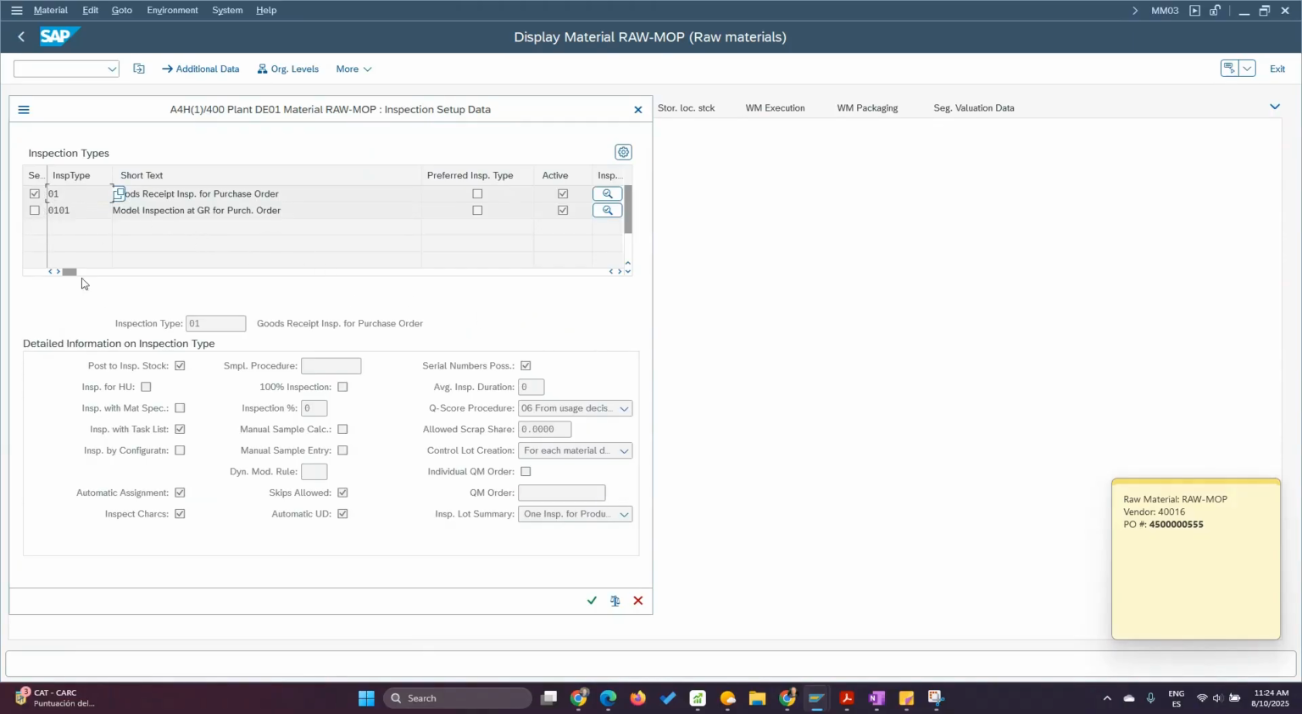So for this scenario, we need to have this inspection type 0101, which is the model inspection, or source inspection, which is the same. Okay. And this is active, and also the C1 is active. We are not going to be doing that in this scenario, in this video, I would say, but there might